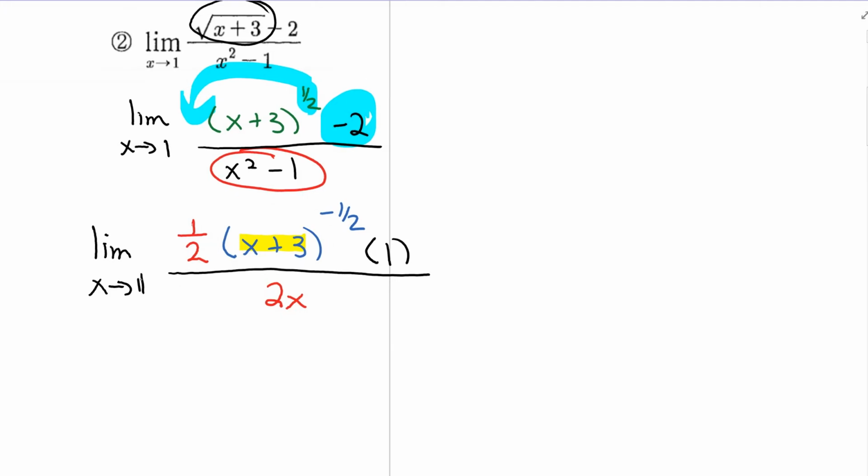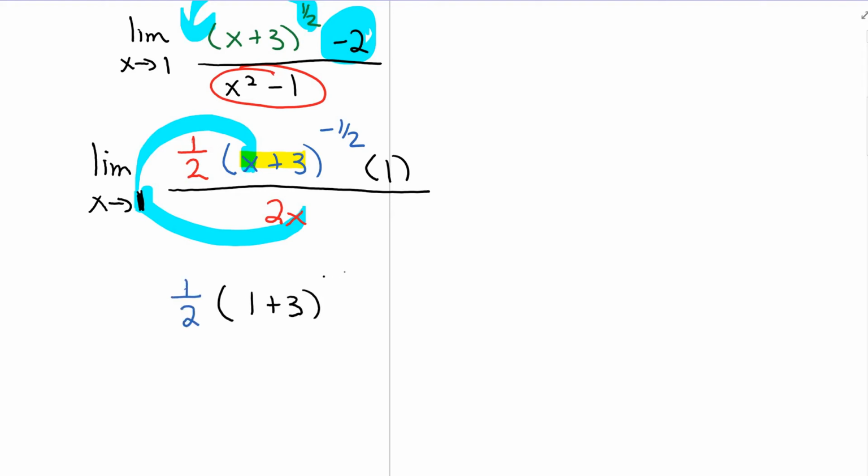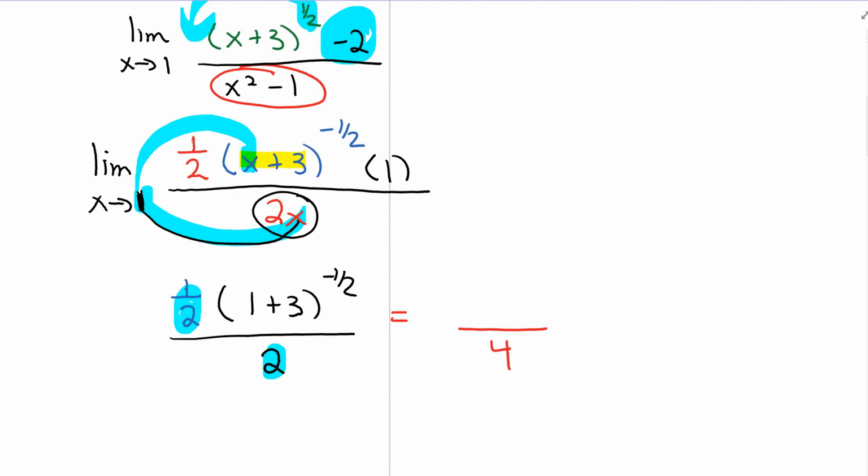And now you can do a direct substitution step here and just simplify your answer. Okay, so let's do that. If I take my 1 and plug it in for all my x values, I would now get 1/2 times (1 plus 3) to the power of negative 1/2, all divided by, well, 2 times 1 is just 2. So I can just write my answer like that. And after that, you just need to simplify this. So if I take this 1/2 and that 2 on the denominator, that's going to be 4 on the denominator there. And this part right here, 1 plus 3 is 4. So this is 4 to the power of negative 1/2. And that's simply going to be 1 over